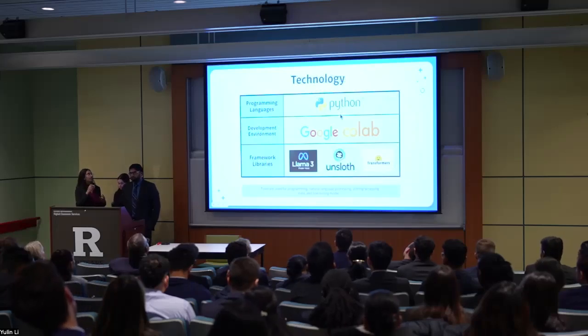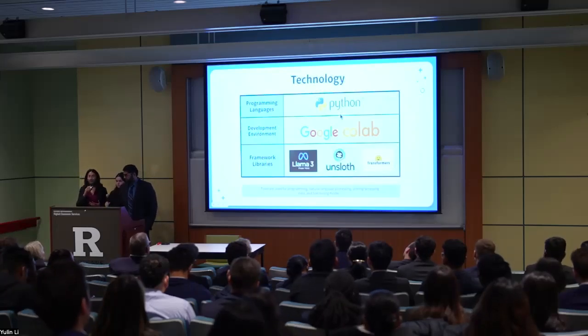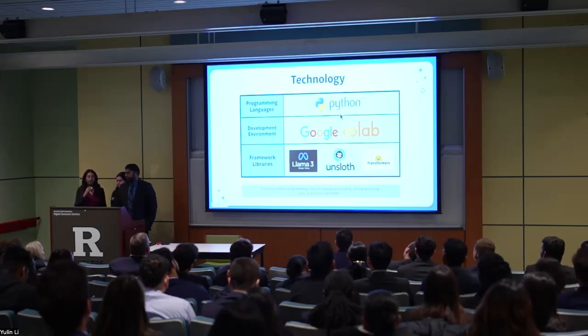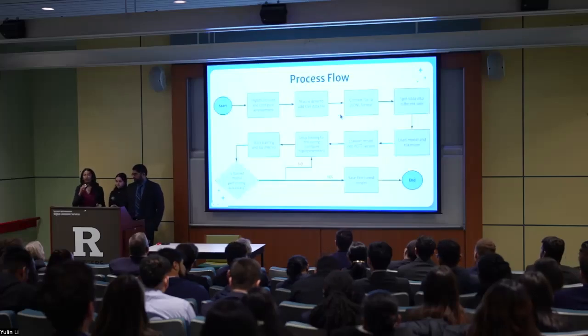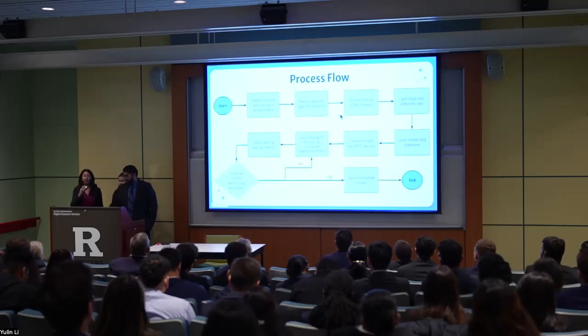So this is just some of the technology and tools that we use for programming, natural language processing, and fine-tuning, including the Llama 3.2 3 billion parameter model, and as well as other important frameworks and libraries such as Unsloth and Transformers. Now I'll give an overview of our process flow, which shows the framework for our code, which starts with